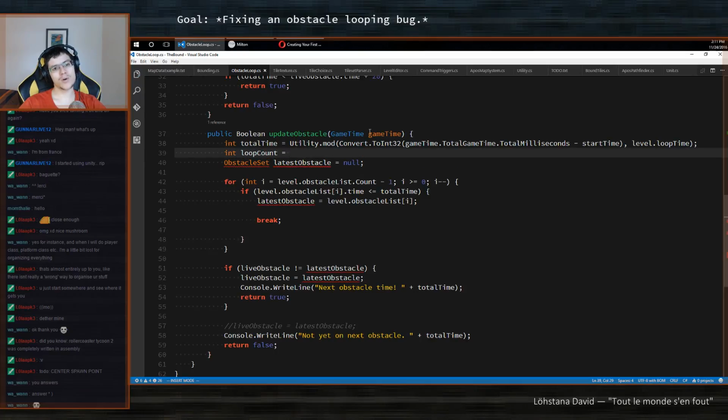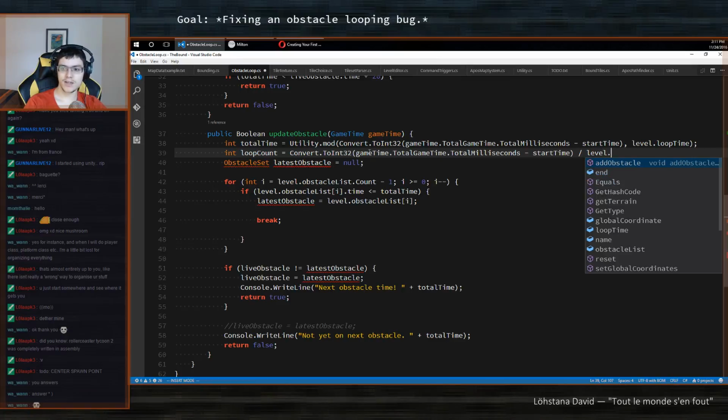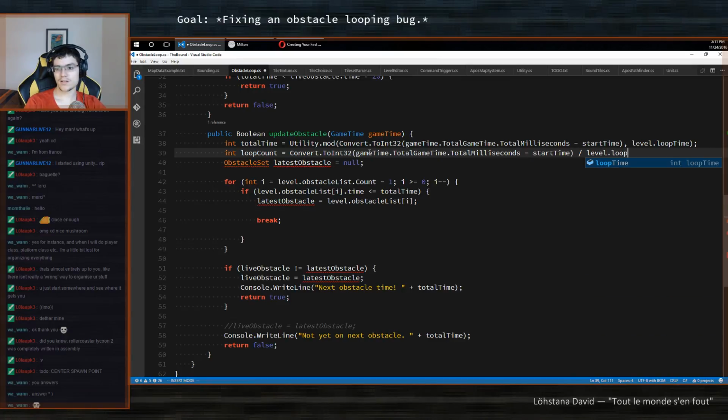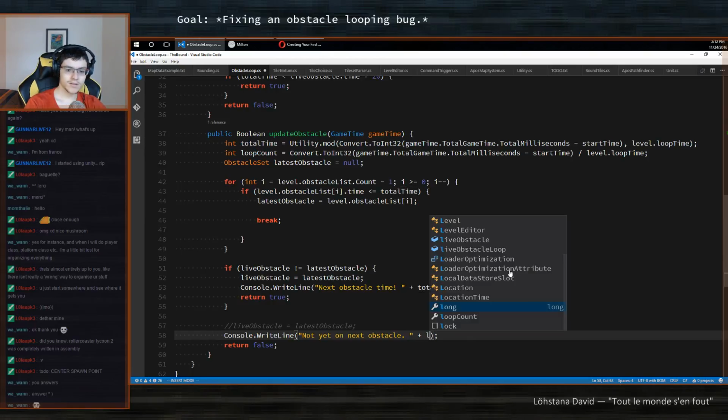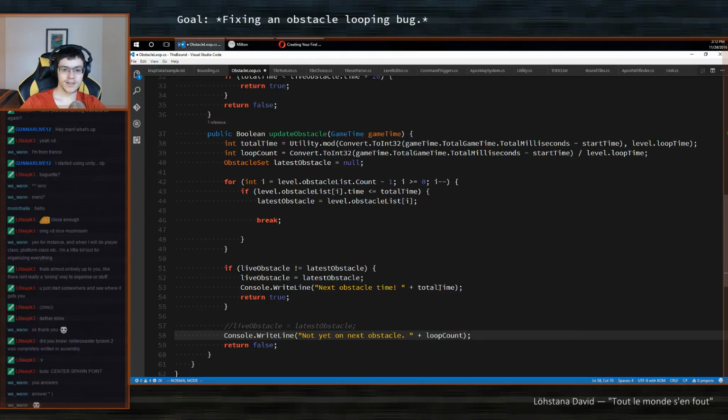So right now, which loop am I in? Divided by level dot loop time. Okay. Loop count, let's try that.